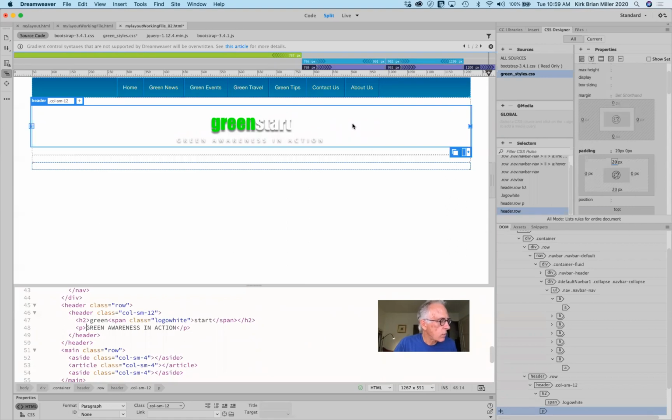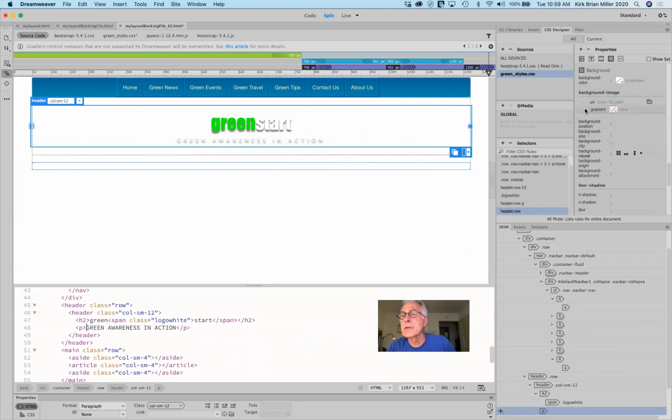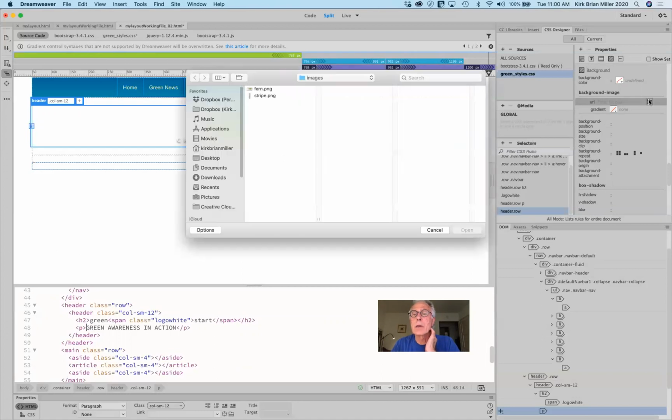Okie doke. So now we're ready to add a background image. We'll start by doing that. So what we're going to do over here is select the background. And you can see that for background images, we can add a gradient, and we can add a background image. And actually, we can add a couple of them, but we're going to have to add the second image from the code view. You can't do that from here. But we'll start by clicking here, and it should automatically take us to our